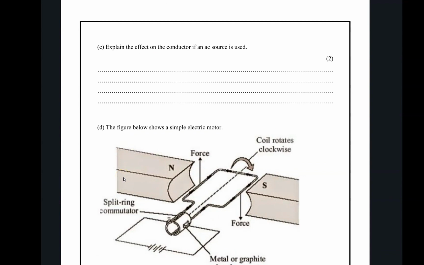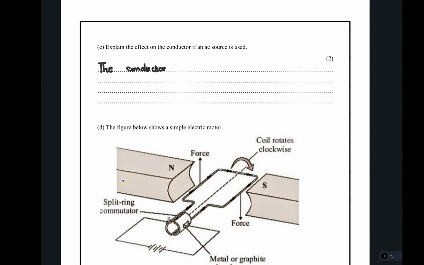Explain the effect of the current on the conductor if an alternating source is used. In the previous section, we used direct current. Now, when we use alternating current, there is something that is going to happen. Remember, alternating current keeps on changing size and direction. So the fields that are going to be created when using alternating current are going to be changing size, magnitude,